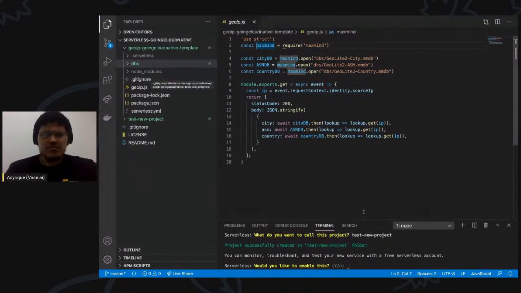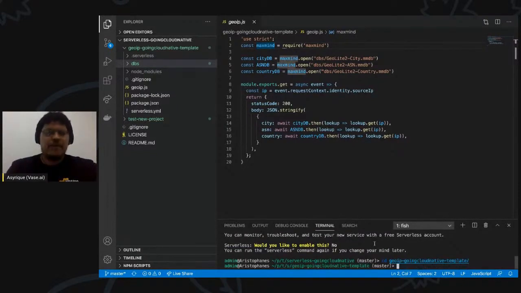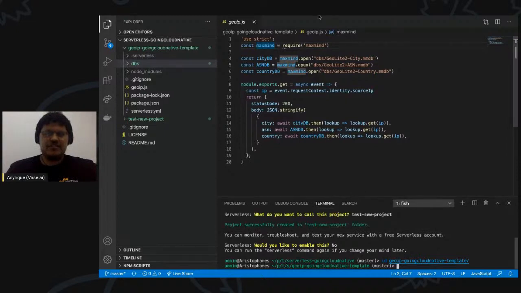All right, so let us switch to that project. Okay, so here's where the serverless framework really shines, because to actually deploy the app is incredibly simple. Once you've created it, you just type serverless deploy.